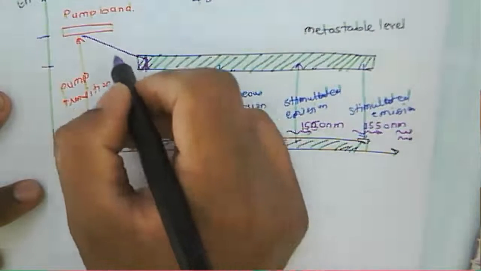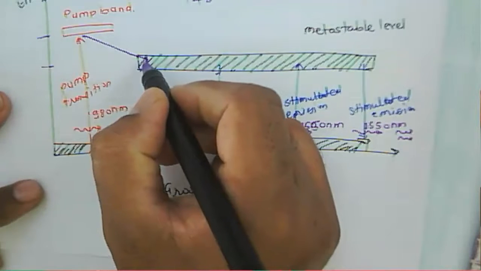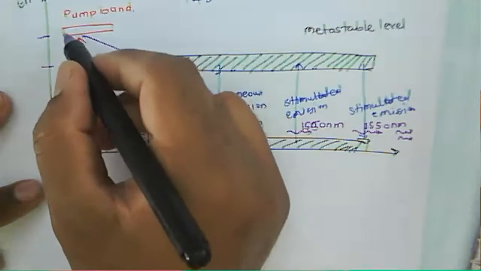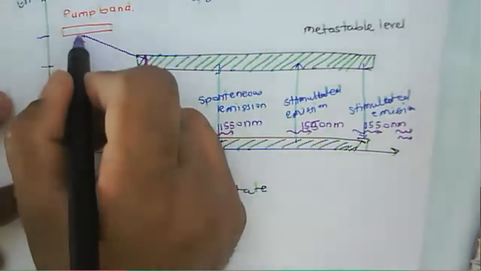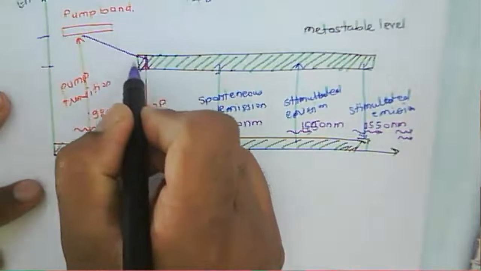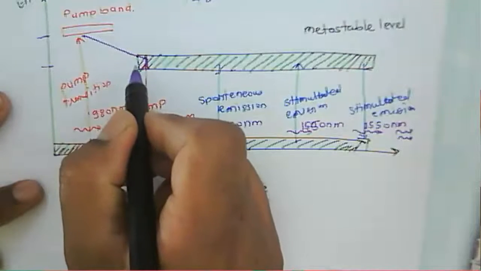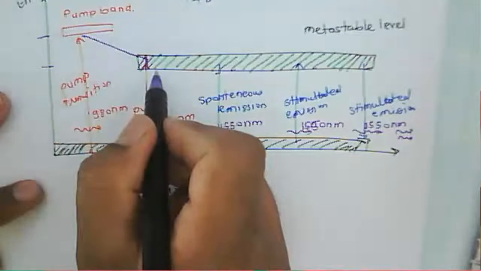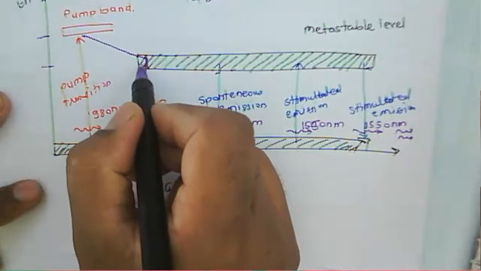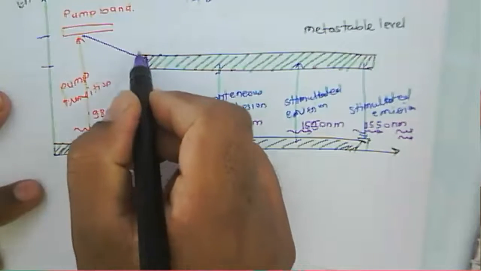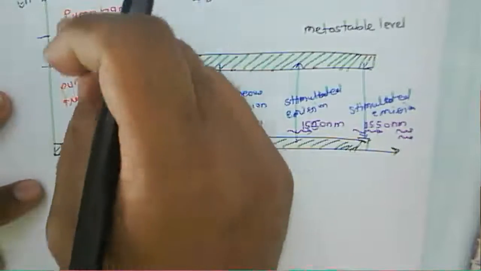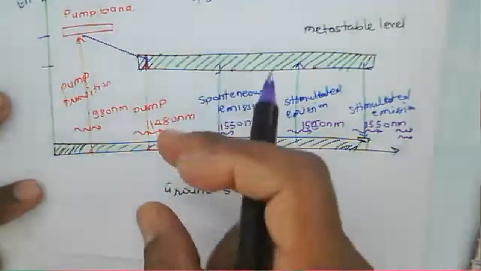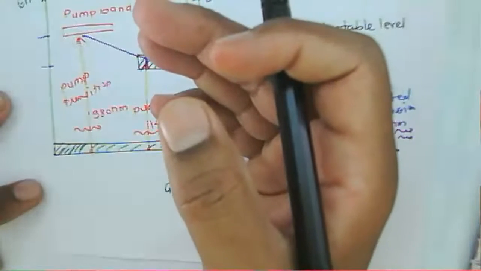So here, from that pump band to this particular band, the excited ions from the ground state to the pump band will decay very quickly to this metastable level. That is, from this pump band to this metastable band, and during this decay, whatever excess energy there is will be released as a photon,